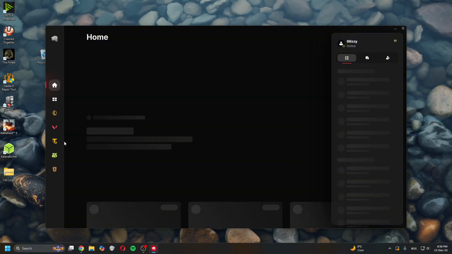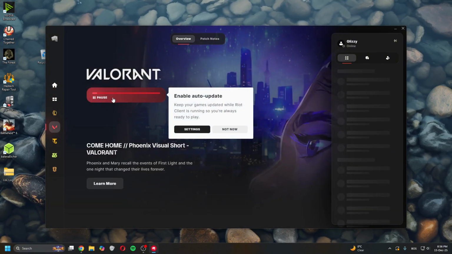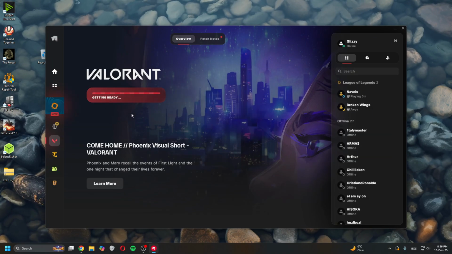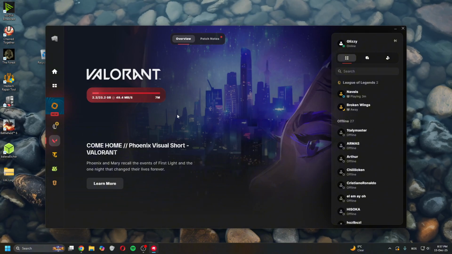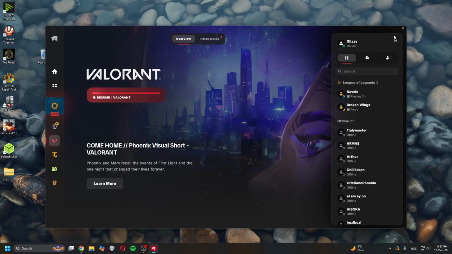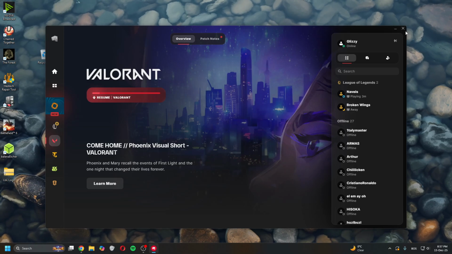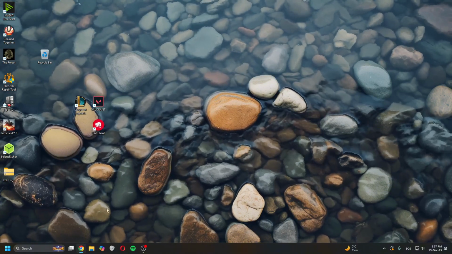And once in here, go to Valorant and simply download it again. And once you download it, it will ask you to install Vanguard again, and once you do that, it will work. And once you do that, the game should work. Now, if even that doesn't help, the last thing you can try is once you reinstall Vanguard again, go